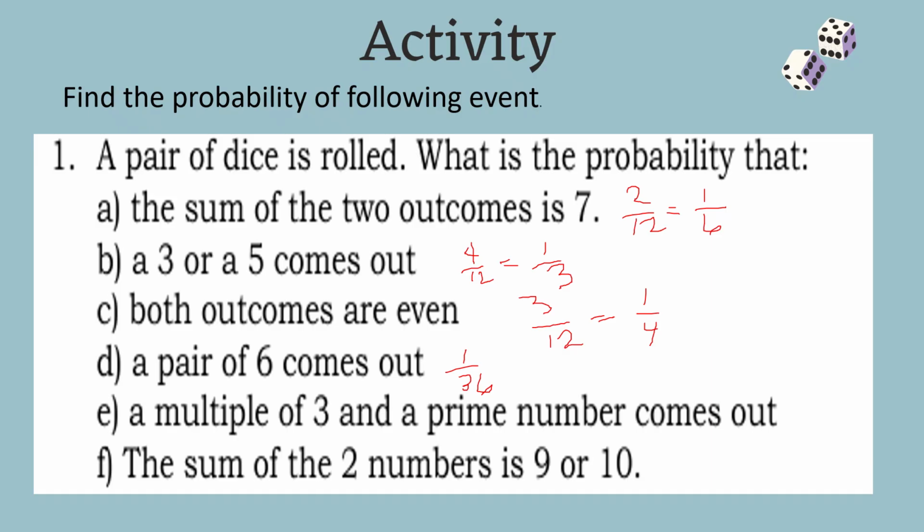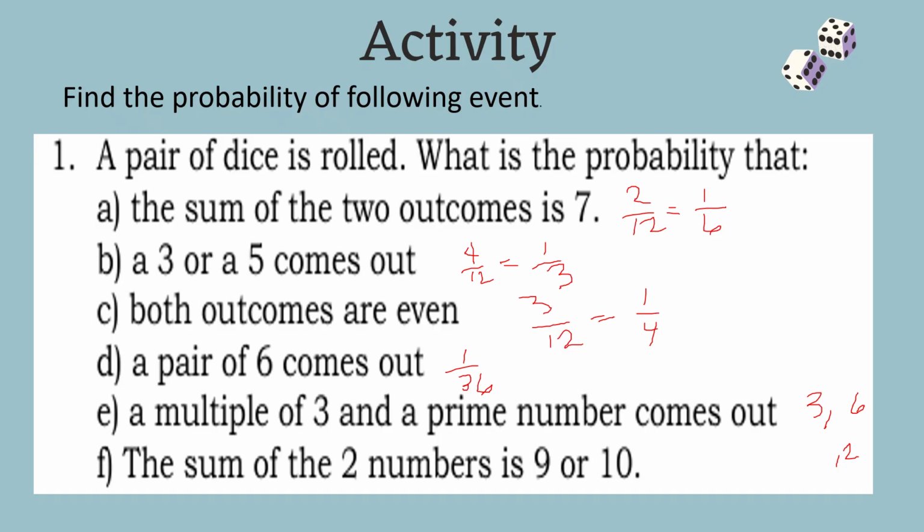Okay, again, no? So we have multiples of 3. We have 3 and 6. And for the prime numbers, we got 1 and 2. Then we have 4. But if we are going to add this one, 3 plus 6 is equal to 9, plus 1, 10, or 3 times 6.